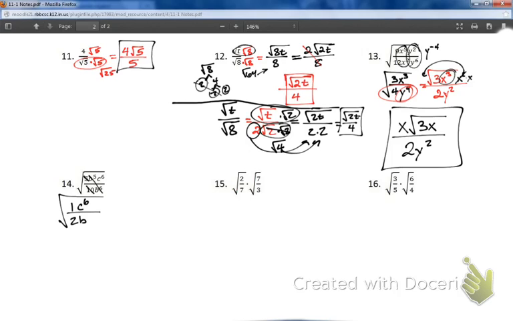So I'm going to take care of a few things. For instance, here I know I have perfect squares in the numerator. Square root of 1 is 1, and then square root of c to the 6th is c to the 3rd. So my numerator is